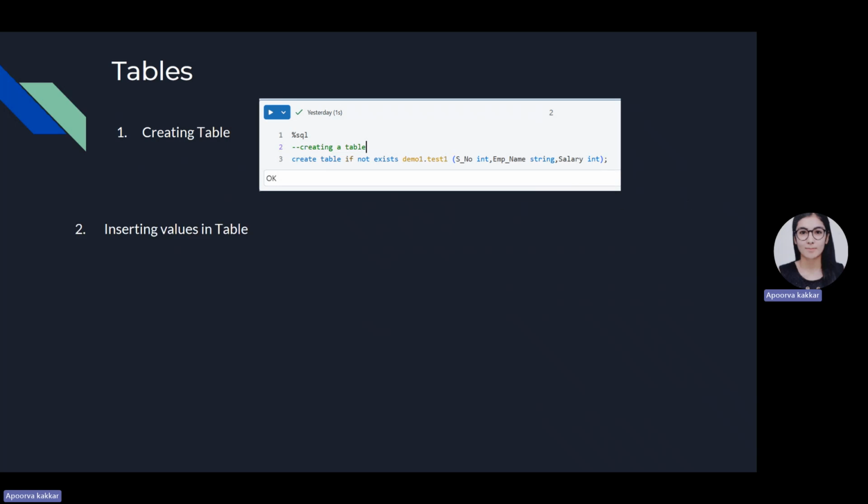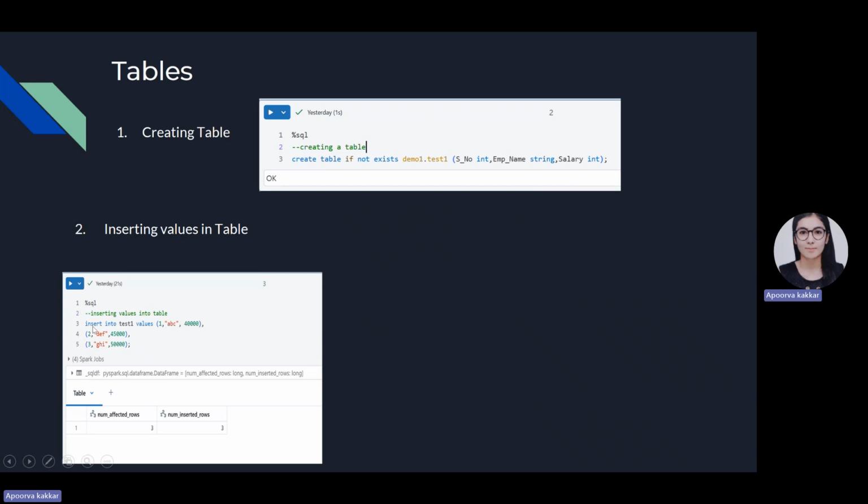Then we can insert values inside these tables. For that, we will be writing INSERT INTO, the name of the table, VALUES, which are inside the parentheses. The numerical values are written without quotation marks, whereas the string values will be written inside quotation marks. For a different row, we will start with another parenthesis separated by a comma. And after writing the query, we will end it with a semicolon representing it as a SQL query. The values that we have inserted have three rows, so it affected three rows and inserted three rows inside the table, which is shown as the output below the query.